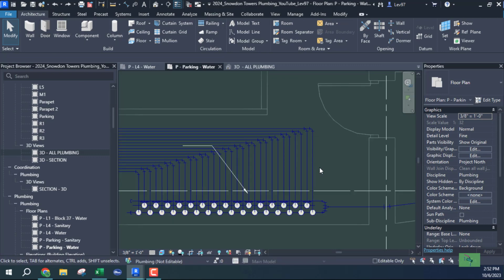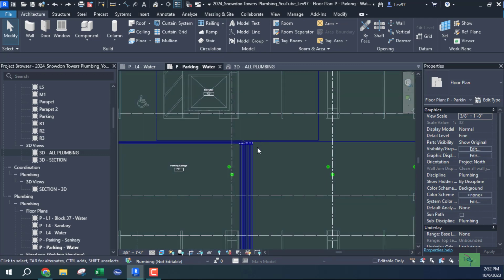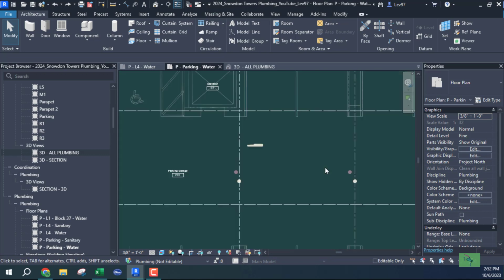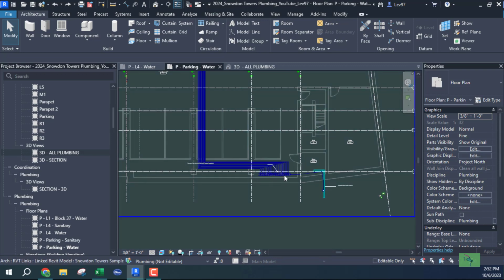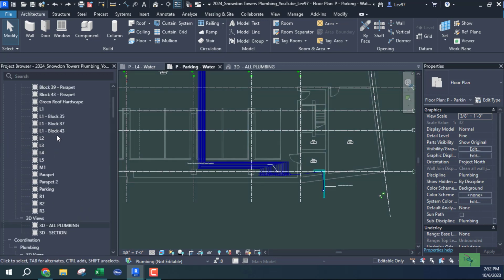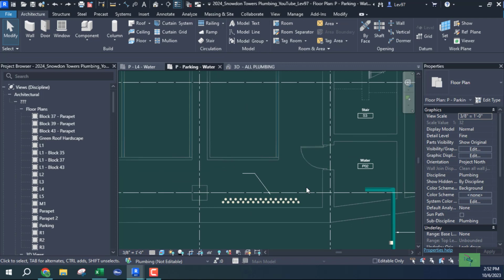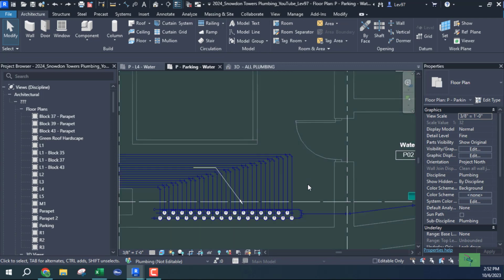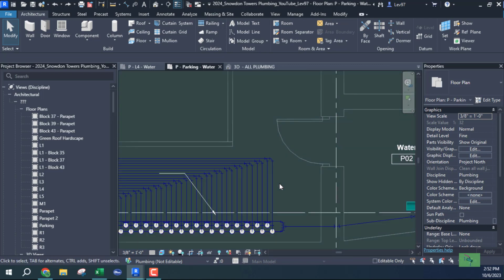And what I'm doing, I'm going to copy this bit of information. This is the cold water piping going up to the floors, level 1. Where is it? Level 1, level 2, 3, 4, 5. Okay, where's the hardscape? There's a green roof there. Okay. So this is the parking level, and I think most of this is going to be